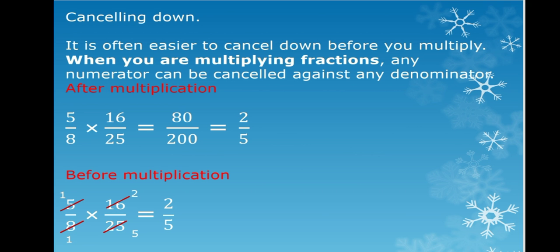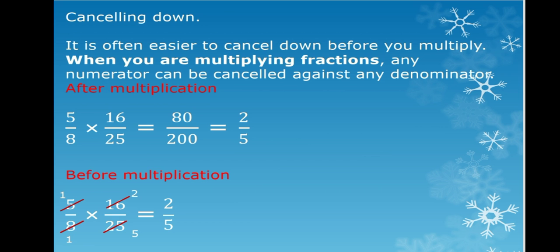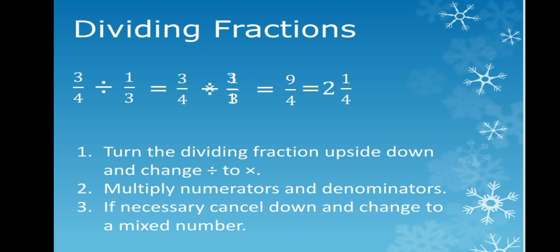So this is the multiplication. Whichever method you find easier, you can use that. Otherwise, the second method, that is, if you cancel down before multiplication, it is much easier. Moving on, we have taken another example also with cancelling, and next is the division of fractions.